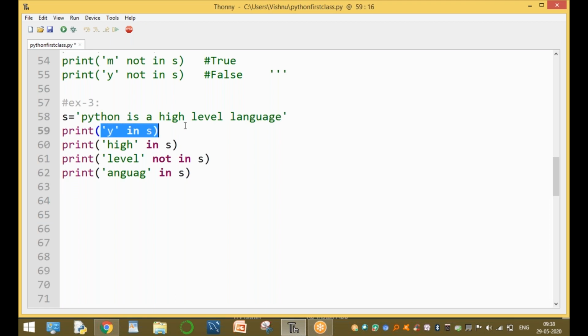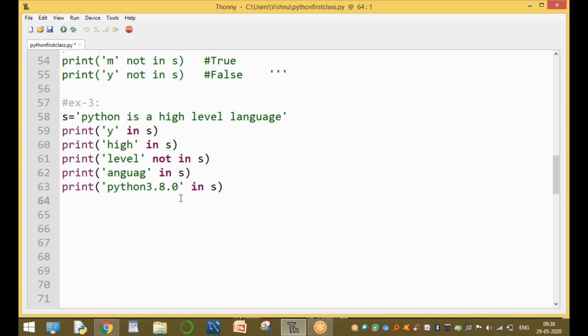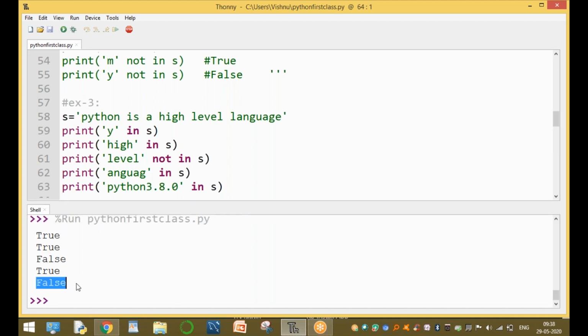Now y in S is true. i in S is true. Level in S is true, so level not in S is false. Language is present. Now for example, print of Python 3.8.0 in S is false, because 3.8.0 is not present.